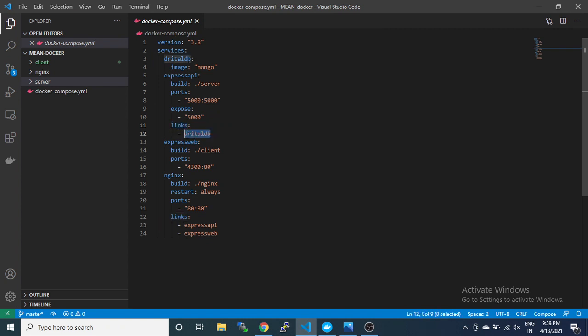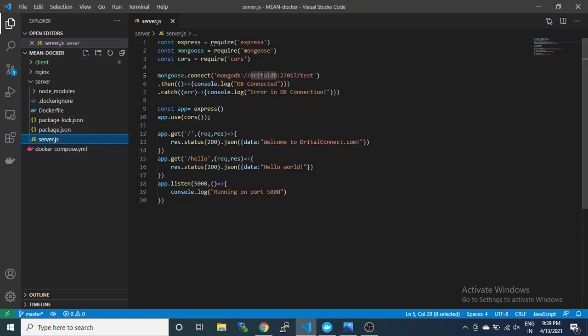So DrittleDB is the database. So we have mentioned here that we are using DrittleDB inside the Express API. So it has a dependency. This name we have mentioned in the MongoDB connections, this database with port 27017, the default port, and test.